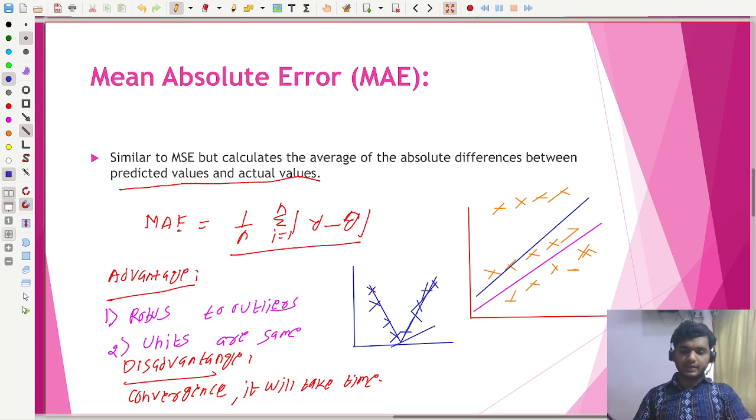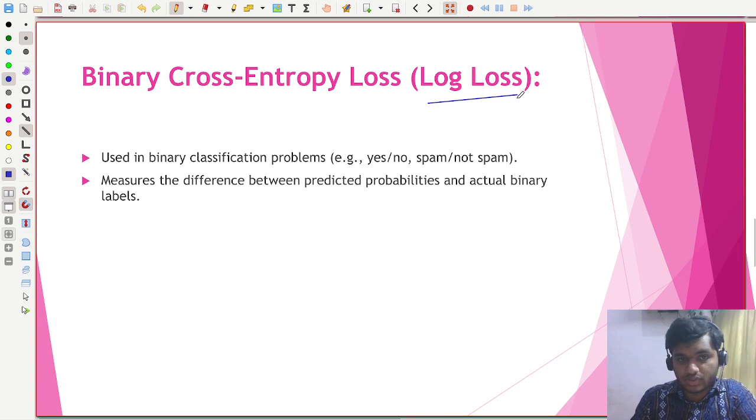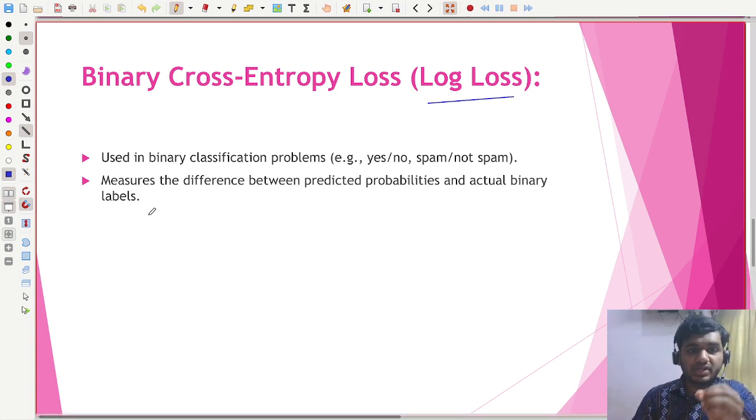Then we will see binary cross entropy loss. It is also called log loss function. This cost function is used in binary classification problems, that is some yes or no problem, for example spam or not spam in mail, to measure the difference between predicted probabilities and actual binary labels. So the binary cross entropy formula is